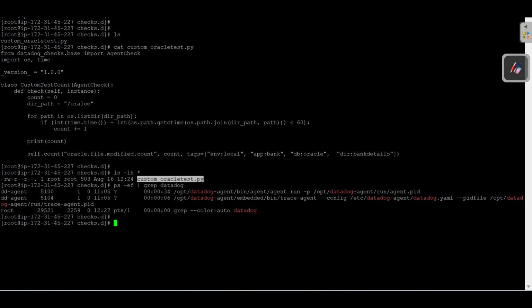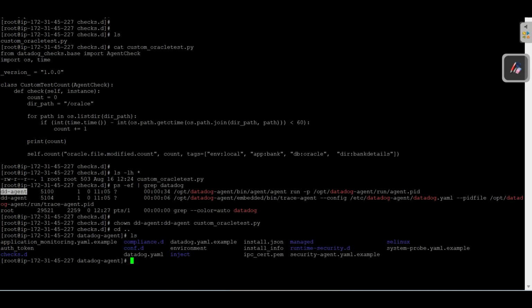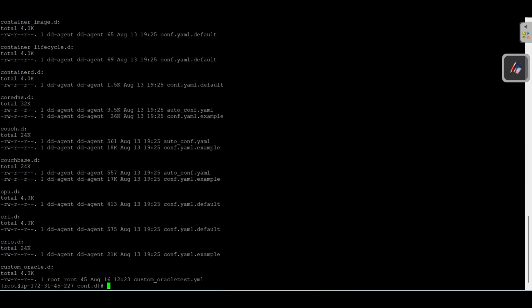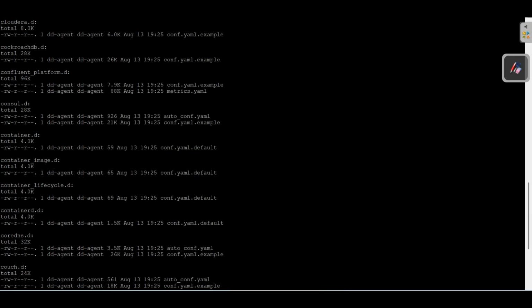So I'm going to change the ownership to dd-agent colon group, also changing it for custom.py. Same like that, I'm going to go to conf.d as well, cd conf.d, ls -lh c*, just what I'm giving. For all other things, we have auto_conf and so on, correct? All those we have as dd-agent only. But for our custom one,